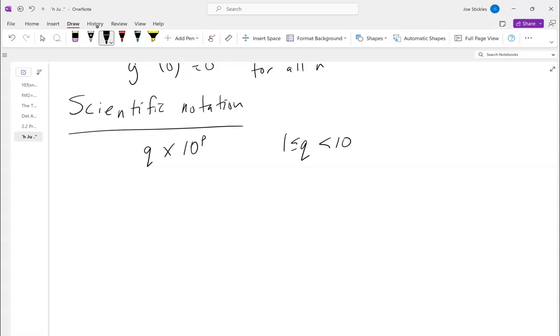Well, then I have a 1 there. It can't be a 2 because 2 is not an allowable digit. The only digits you have in binary are 0 and 1. So when you write something in scientific notation for binary, you're guaranteed that that first number has to be a 1